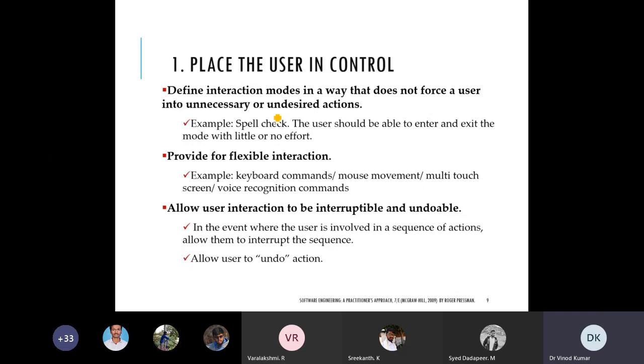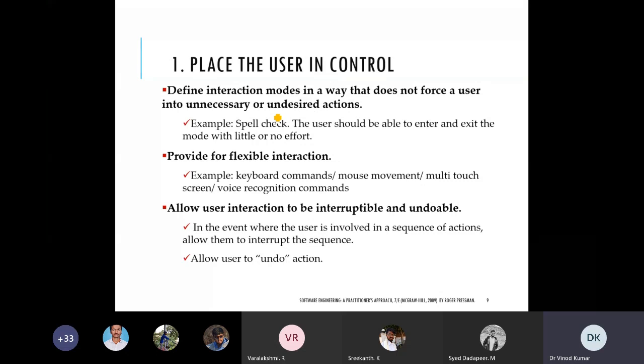There must be the facility to go into the spell checker easily, and after completing the spell check, to exit from it without any effort. This is called defining interaction modes in a way that does not force a user into unnecessary or undesired actions.